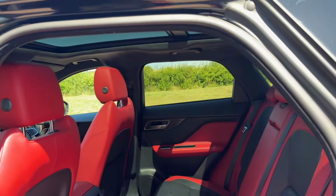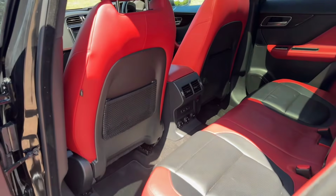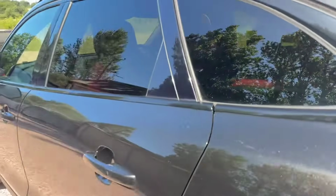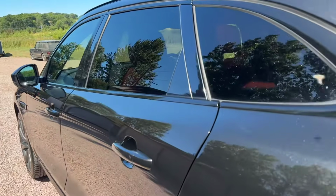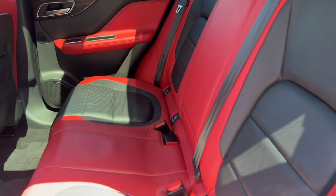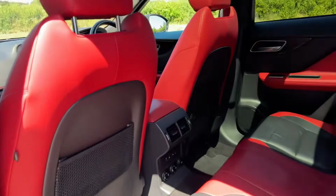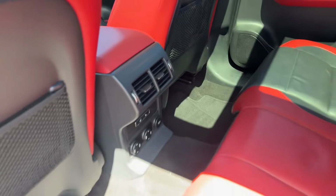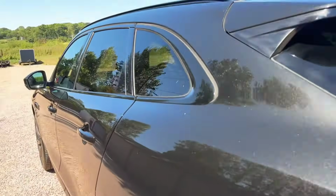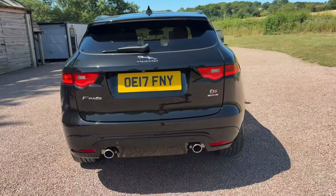£22,695, 44,000 miles, 2017, 2 owners, 5 services, heated rear seats. Got a button as well down here, presumably that's reclining rear seats. Heated seat buttons are down there on the back of the console. Front heated and chilled seats, rear heated seats. Power tailgate,